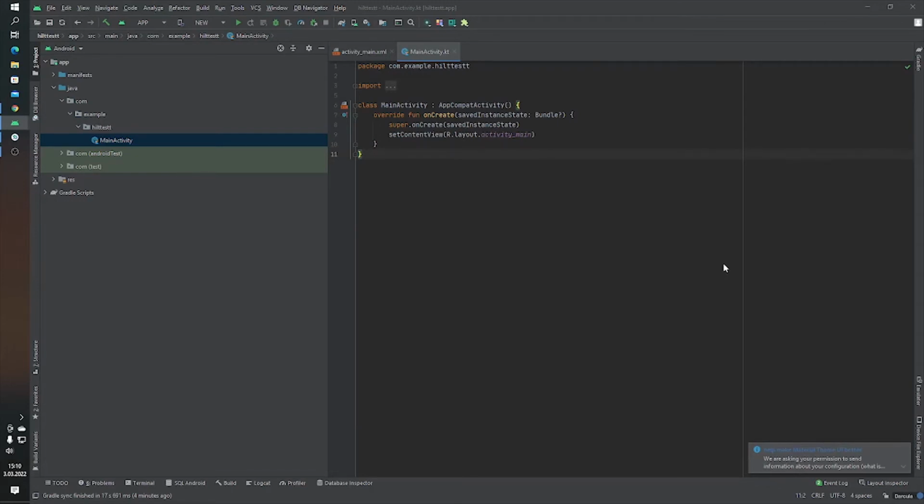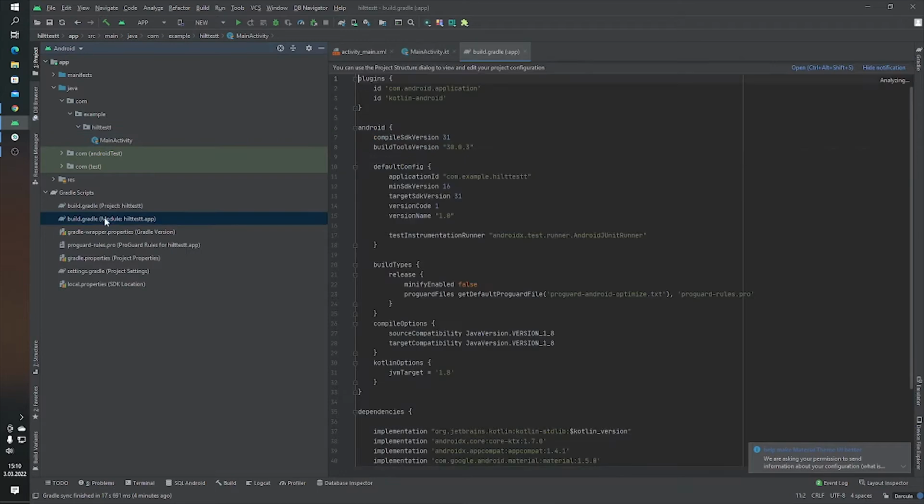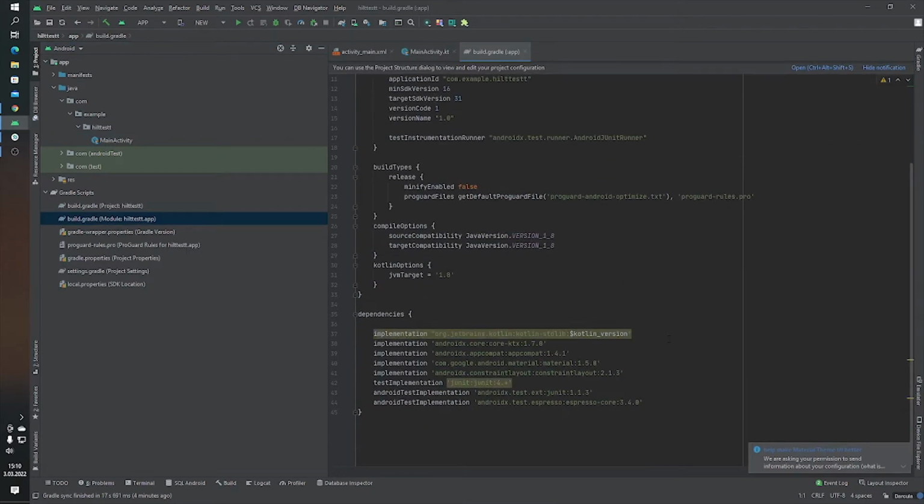In this video we will try to fetch data from an API using MVVM architecture, Hilt, Retrofit and coroutines. Let's start the video. First of all, we have to add our dependencies inside the module-level build.gradle, and